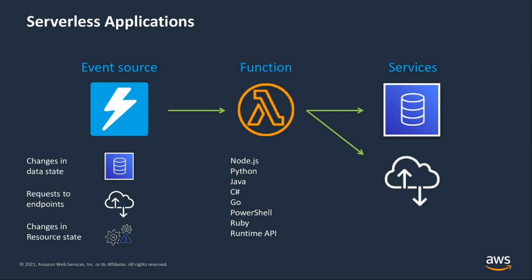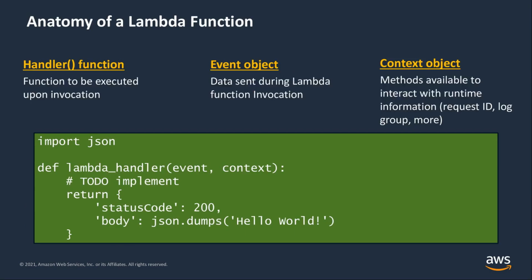And Lambda natively supports lots of different languages: Java, Go, PowerShell, Node.js, C#, Python, Ruby. And more recently, we added a runtime API that allows you to use any additional programming languages to author your functions with a little bit of extra work. Most Lambda-based applications use a combination of AWS services for durably storing data and integrating with other systems and services. In these applications, Lambda acts as glue between the services, providing business logic to transform data as it moves between services.